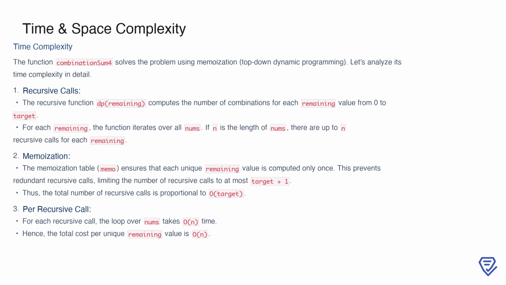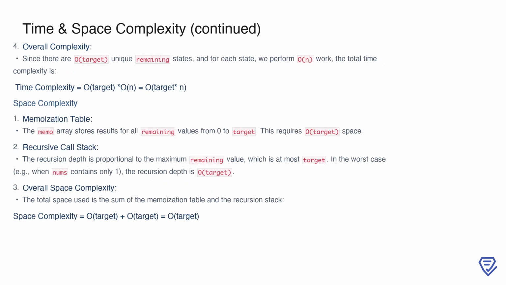Since we use memoization, each unique remaining value is computed only once and stored in the memo table. This ensures that the total number of recursive calls does not exceed target plus 1, which corresponds to all possible remaining values. Considering the loop over nums in each recursive call, the time complexity per unique remaining value becomes O(n). Now, looking at the overall time complexity, we know there are O(target) unique remaining values, and